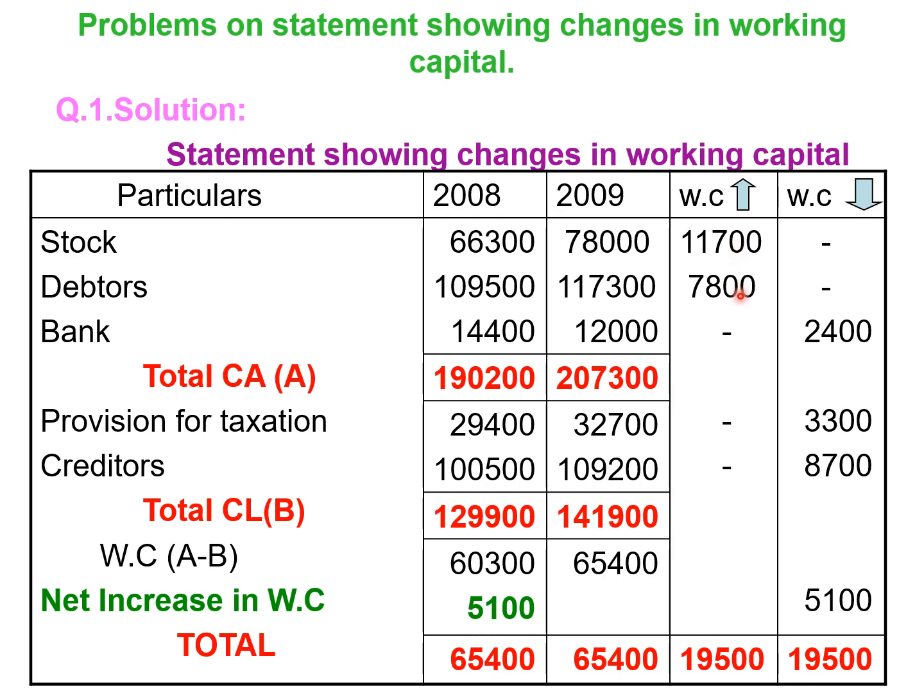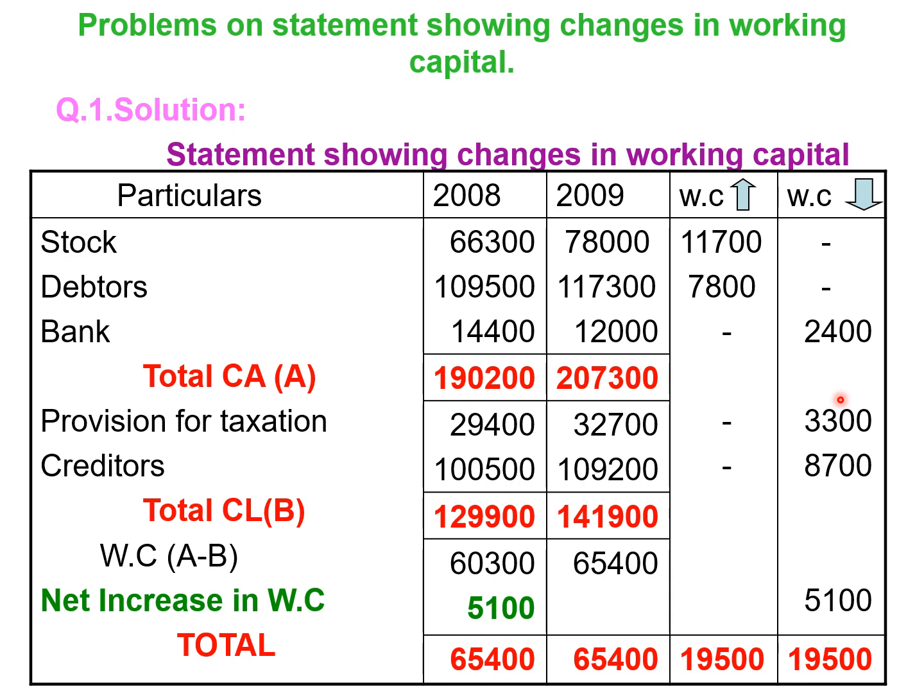Increase in working capital, it's 19,500, whereas decrease in working capital, it's 14,400. How do you get 14,400? 2,400 plus 3,300 plus 8,700, you get